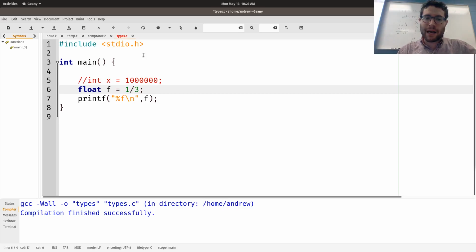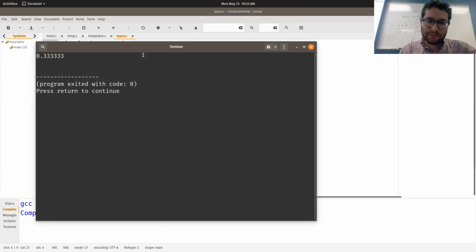Let's say 1.0 divided by 3.0. So float f is equal to 1.0 divided by 3.0. And it gives you 0.333333. Make sense? 1 divided by 3.